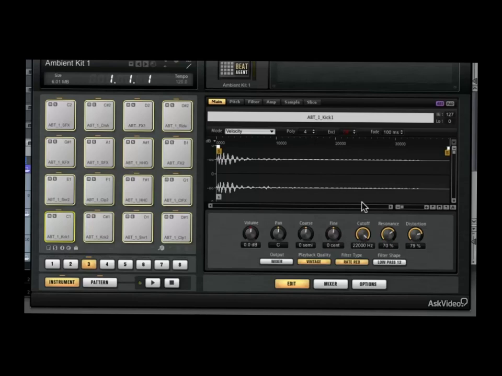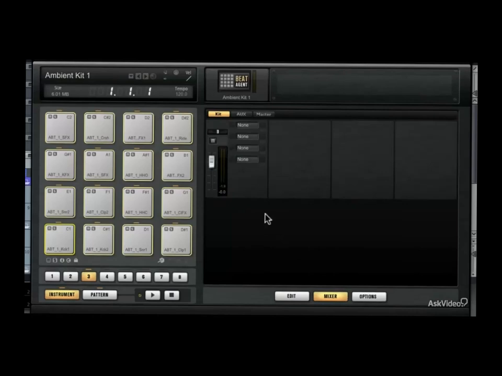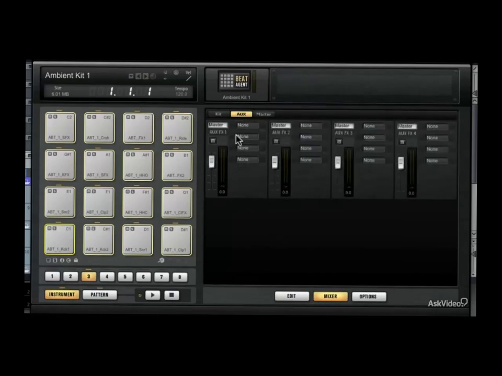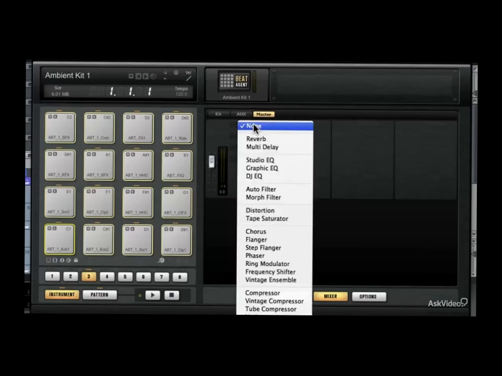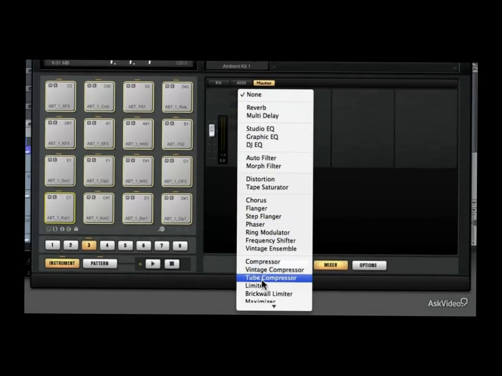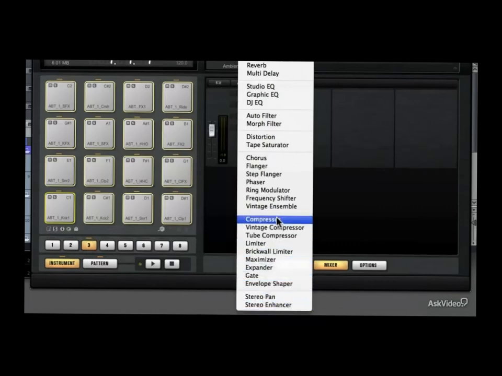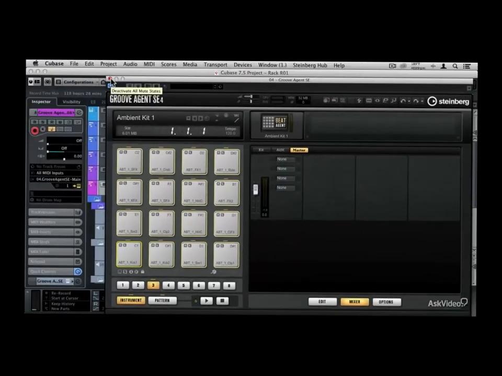And then the effect processors have also been beefed up dramatically. When you go into the mixer, you see that you have 4 different effect slots for the entire kit, plus you have 4 auxiliary sends and a master effects section. So in any of those effect slots, you can assign any of the 27 different effect processors and use them on either aux sends, the kit, or the master output. So I would recommend going through all of these different effects and seeing how they can enhance the output of Groove Agent SE4. And then there's one more thing I'm going to show you, and that is how the drum